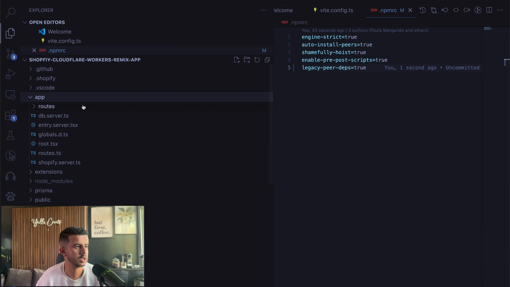So the first thing that I will update is the db.server.ts. Instead of using Prisma client from Prisma/client, I will update that, and I will be using that from /edge. We will be using the Prisma accelerate extension, and in this case I will be removing the stuff and updating. So I initialize a Prisma. In this case this was a variable, but in this case it's a function that will accept database URL, and we will init a Prisma client using the data source, which is the db URL